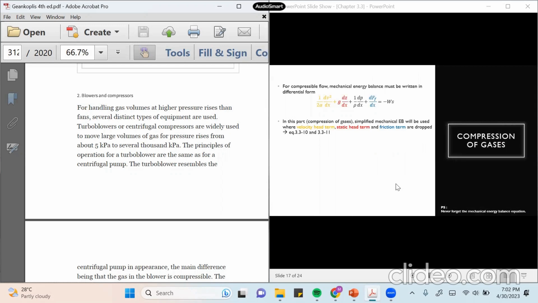Okay. So for compressible flow, the mechanical energy must be written in the differential form, because the velocity changes over the process. The z also changes over the process. This is compressible, not incompressible. For a fan, dz is 0, because as I mentioned before,